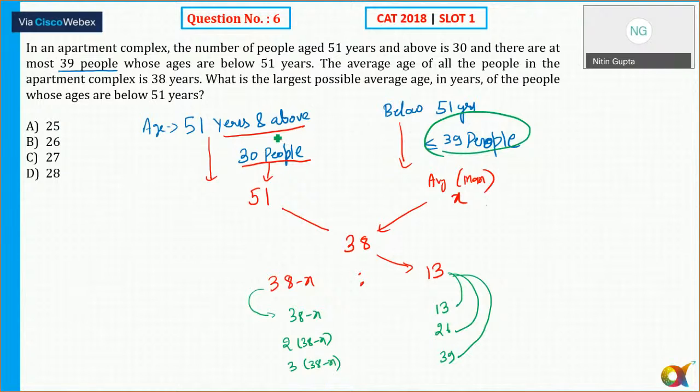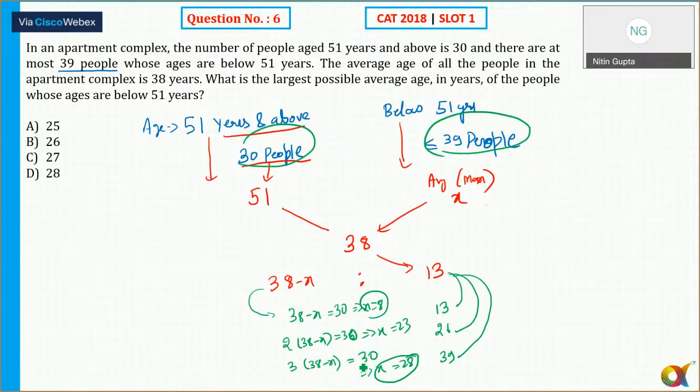But we know that there are 30 people. Yes or no? 30 people. So in this case, if I take this equal to 30, I'll get x is equal to 8. In the second case, if I take this equal to 30, x is equal to how much? Tell me. 38 into 2 is 76 minus 2x equal to 30. So that is 46 by 2, that is 23. And here, if I take 3 into this equal to 30, so if you solve this for x, which will become